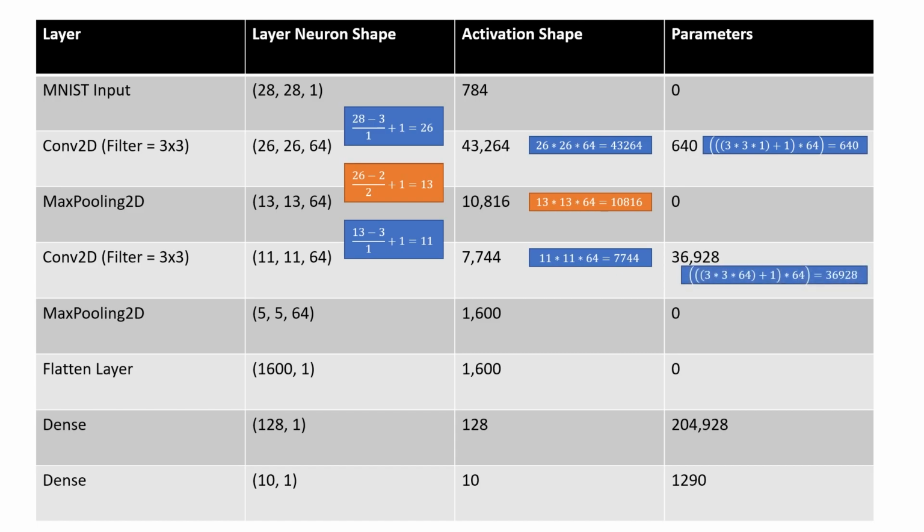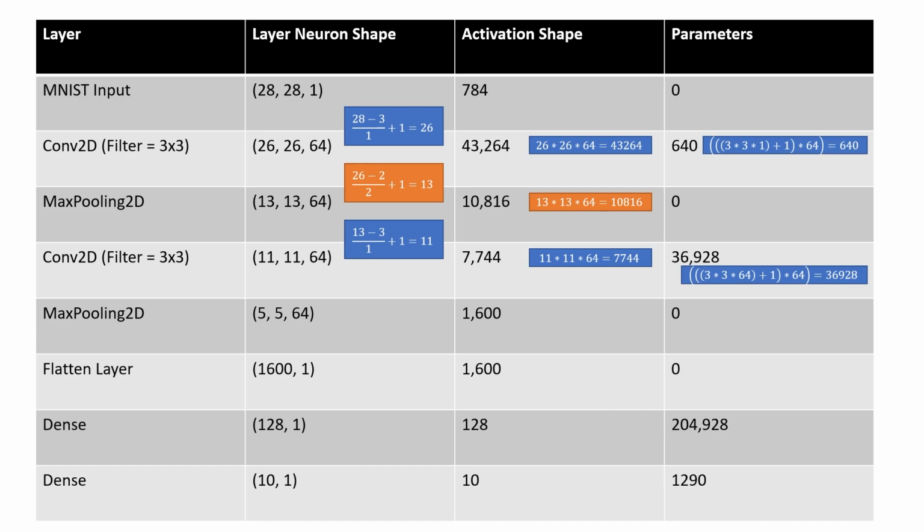And the way the calculation of the parameters is done is 3 into 3 into 64. So 3 into 3, that is the size of the filter, height into width into channels in the last layer. So the max pool layer had 64 layers, plus 1 for the bias into 64. Okay, so channels of the current layer. So that gives me 36,928.